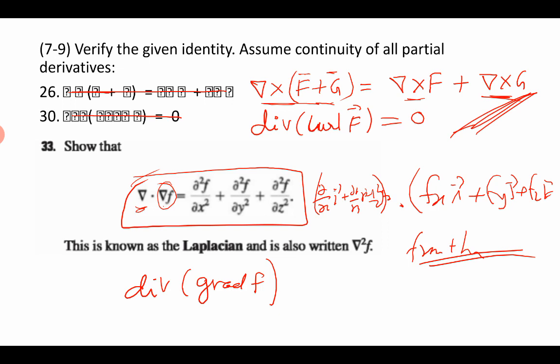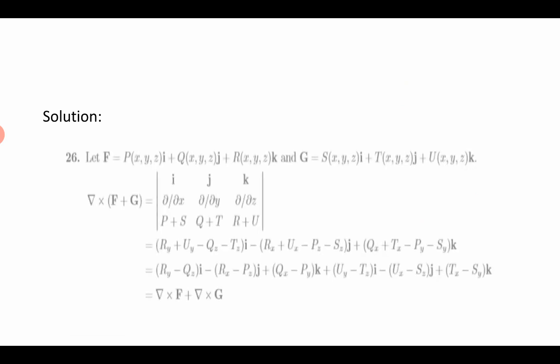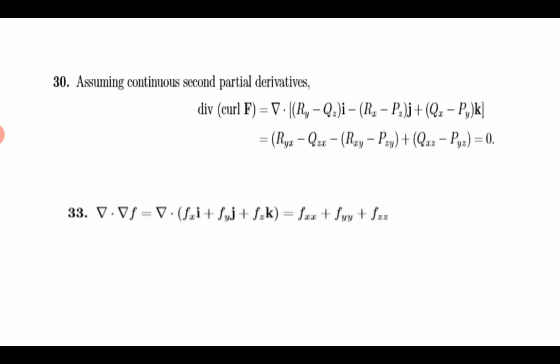As in our live classes, our online exams cannot ask you to prove identities. But sometimes in the multiple choice questions we can ask what the result of this one is, what is divergence of curl, is it 0, or there will be 4 options, so you can choose. There are many identities in the textbook, go through them, as they can be asked in the multiple choice questions. The answer is on the board. Okay.